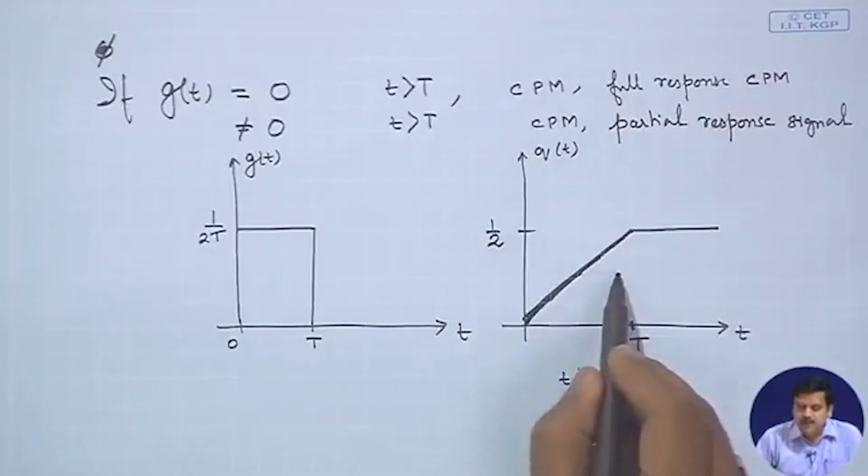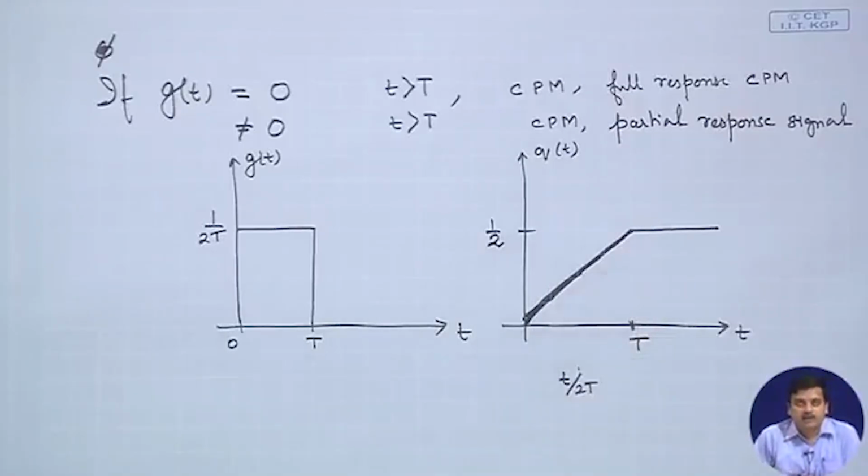So, this is exactly the situation that we have for continuous phase frequency shift keying, and going by the definition that we have given just on top of this, this kind of signaling is known as a full response signaling. That means, within the signal interval you have the full information that is present. There could be some other waveforms also which would be discussed, but we could also have another waveform which could look like,